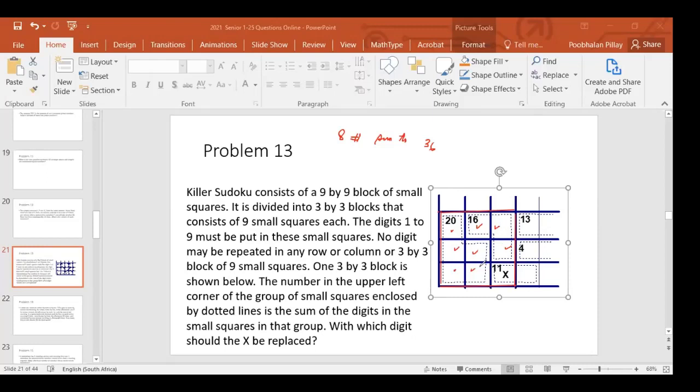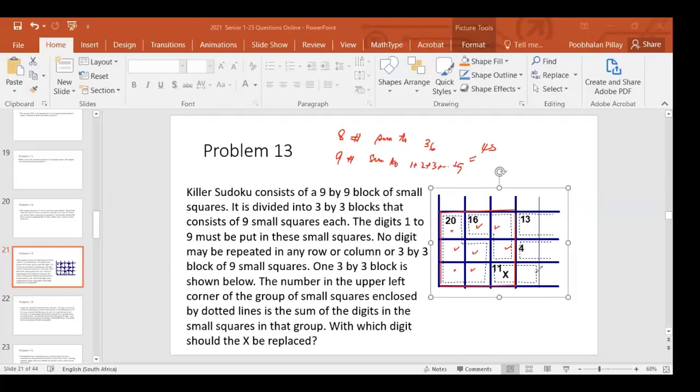But altogether, you got all the 9 numbers here, you see. 1, 2, 3, 4, 5, 6, 7, 8, 9. We don't know where they are, but we know what the sum of the 9 numbers is, because it's 1 plus 2 plus 3 plus 4, all the way up to 9. When you add all the numbers up to 9, you get 45. It's a nice thing to remember. The sum of the first 9 numbers is 45. Up to 10, it's 55. Okay, so the sum of all the 9 numbers is 45.